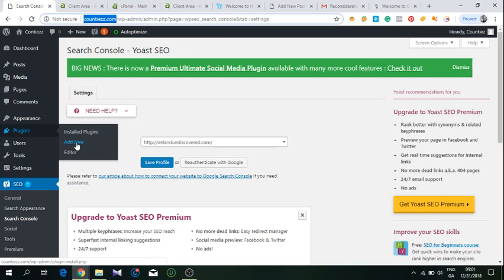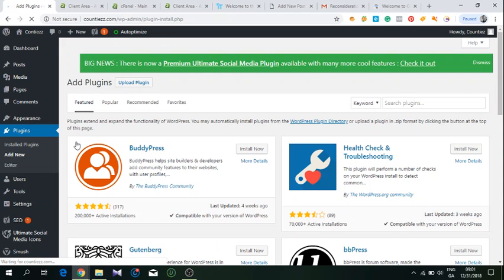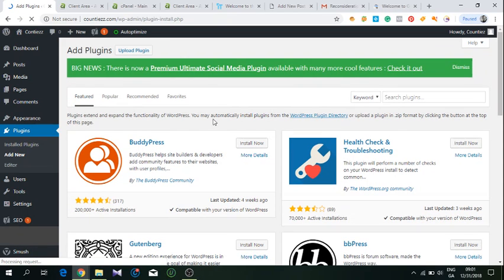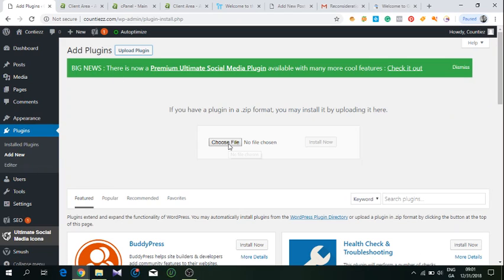Plugins, and I want to add a new plugin. I am using the plugin for this. There's probably some kind of plugin in the free WordPress area that is going to allow you to paste in the codes easily, right? That you don't have to go to the WordPress source code editor and find the right spot for the code, which you can do, but I usually make it simpler for me, so I go to upload my own plugin